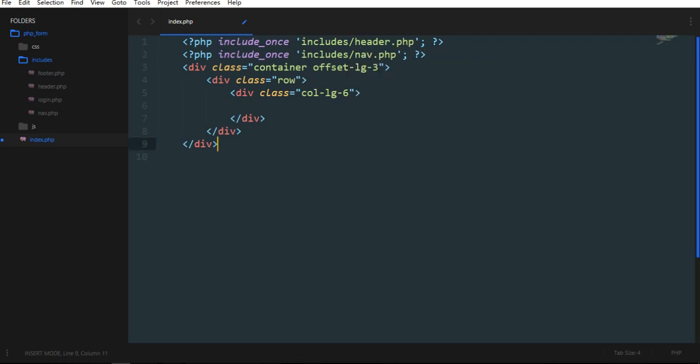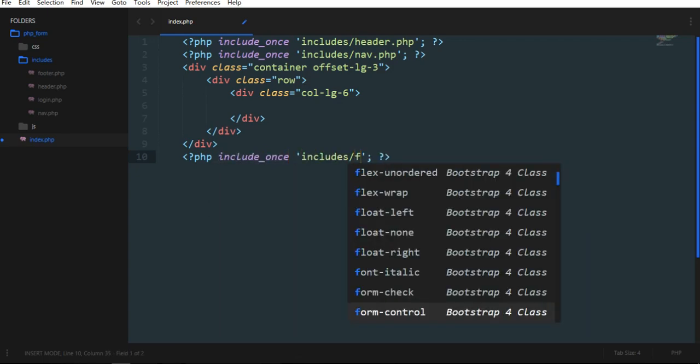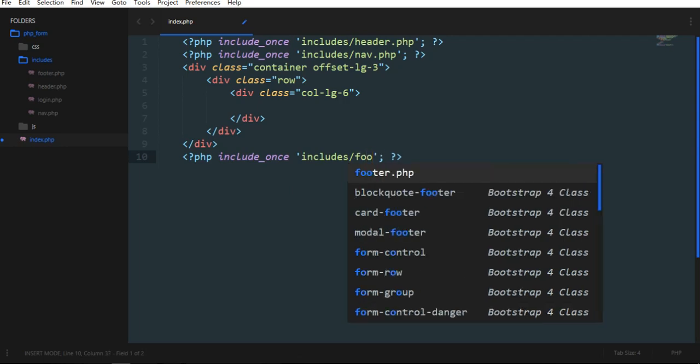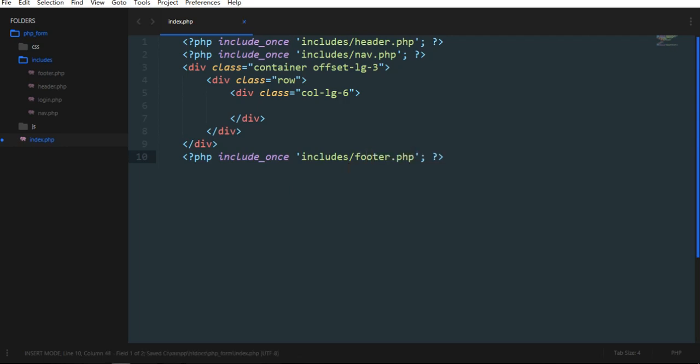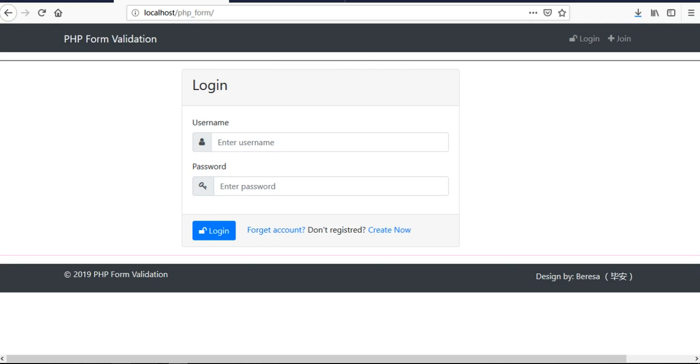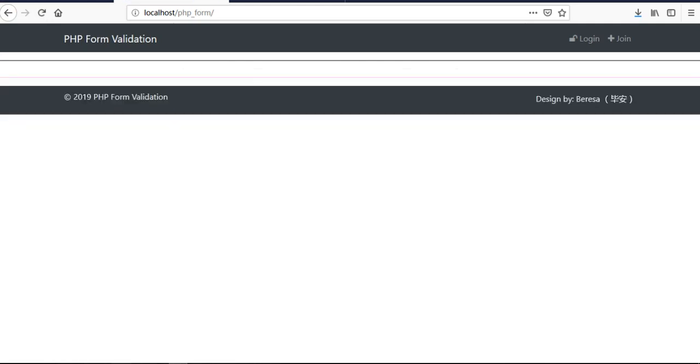Next to this one, at the bottom we will need to include PHP include_once includes/footer.php. Refresh, and you will see how it looks. When you refresh, yeah, it's already included, but we don't have a login form over here, so I wanted to